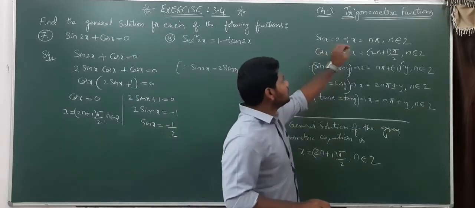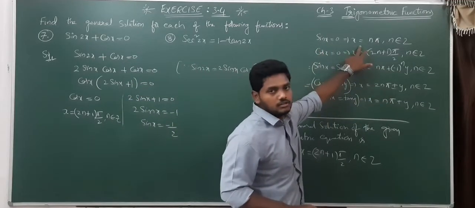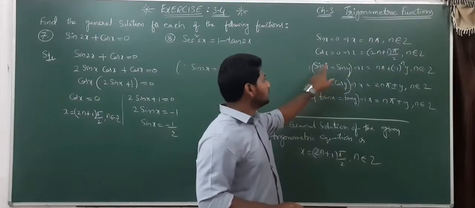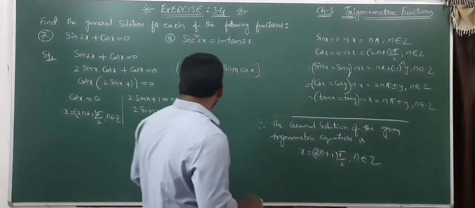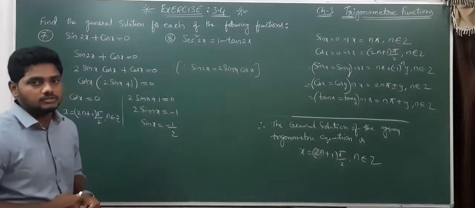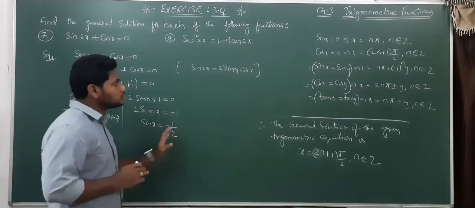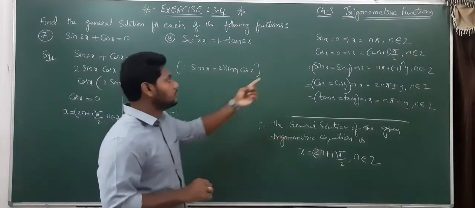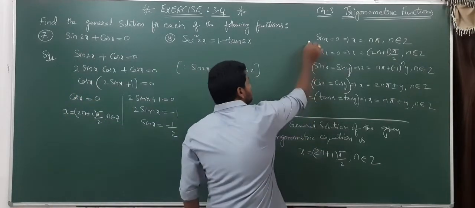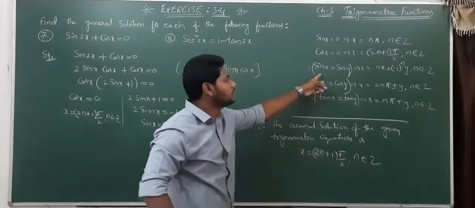One is sin should be equal to 0. Then we have x value. And again sin is equal to in terms of sin. Then only we have x value. But here sin x equal to minus 1 by 2 is there. That minus 1 by 2 also we need to convert in terms of sin. Why? Because minus 1 by 2 cannot be equal to 0. So this formula we won't get. So we need to convert into this.